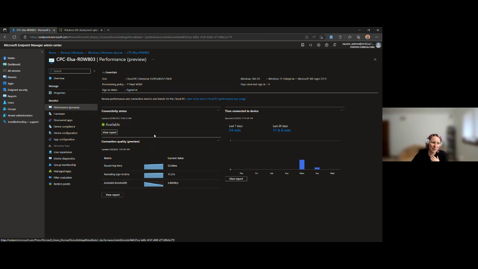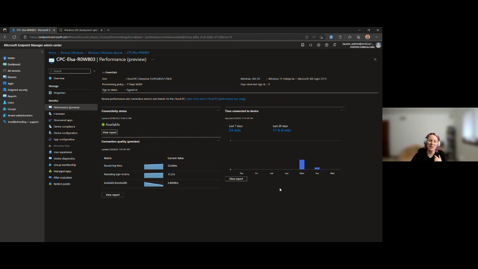You can actually look right here to see how long it is taking Elsa to log in. How long is that sign-in time? How long is Elsa actually connecting to our cloud PC, which has always been a must-have for our IT admins, where they were like, okay, it's great that I'm giving Windows 365 out, but how do I actually ensure that these end users are using Windows 365? Because sometimes they say they need it or they want it for a project, and then they never tell IT that they're done with it,